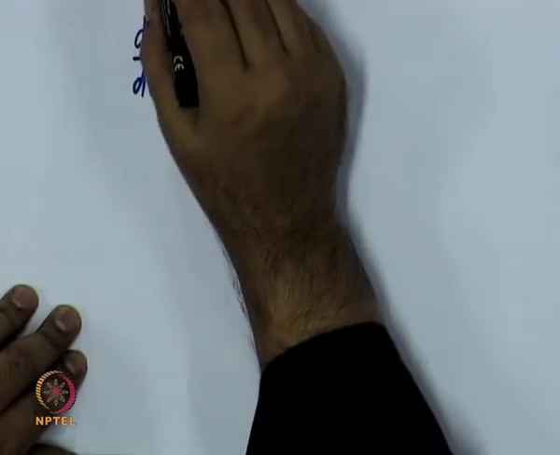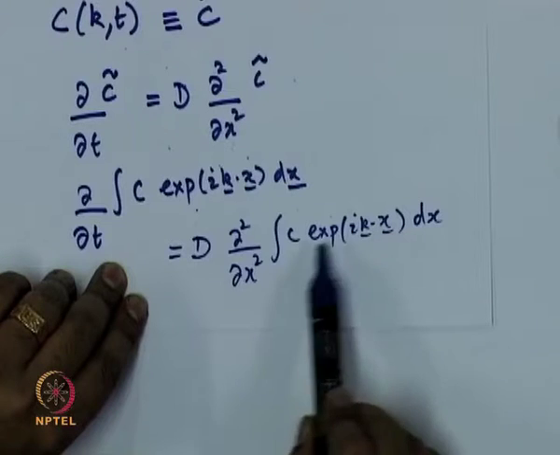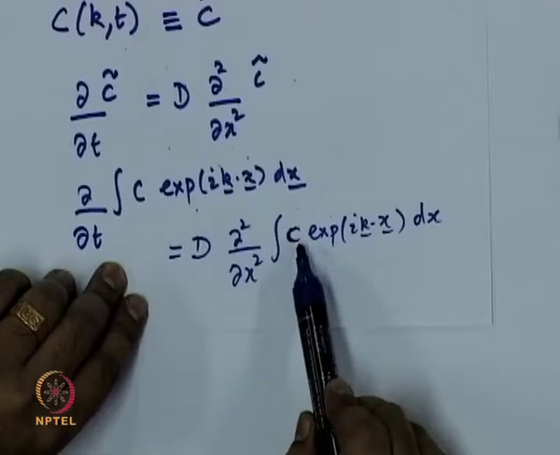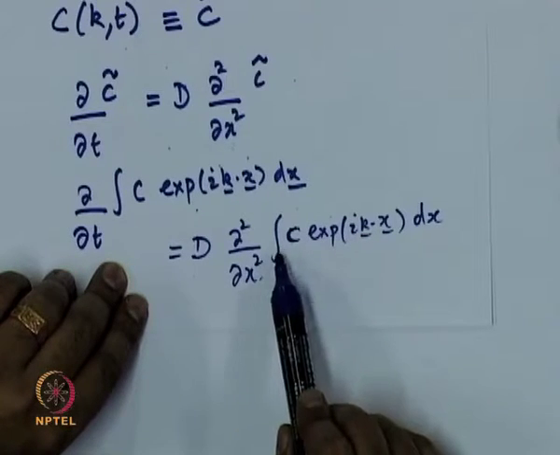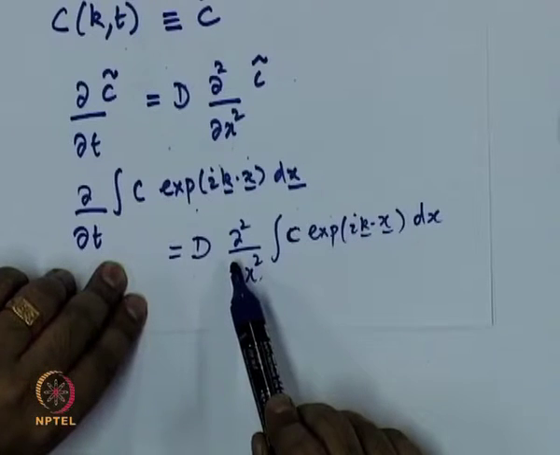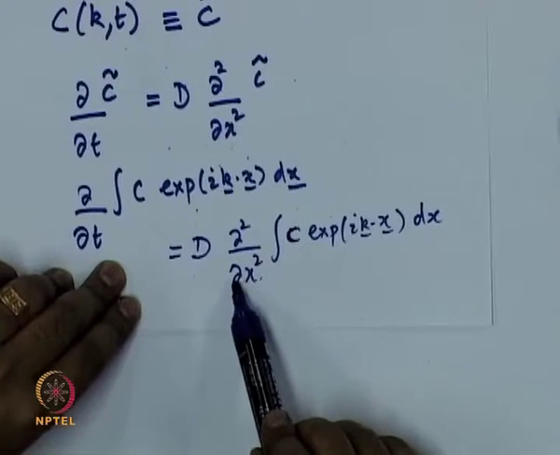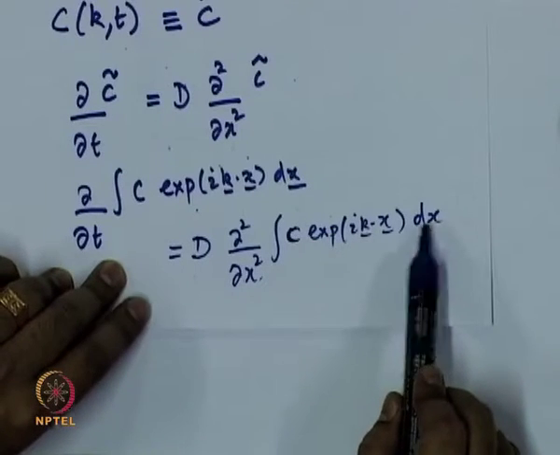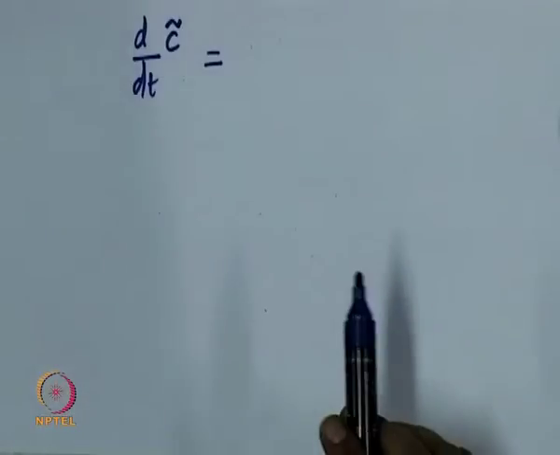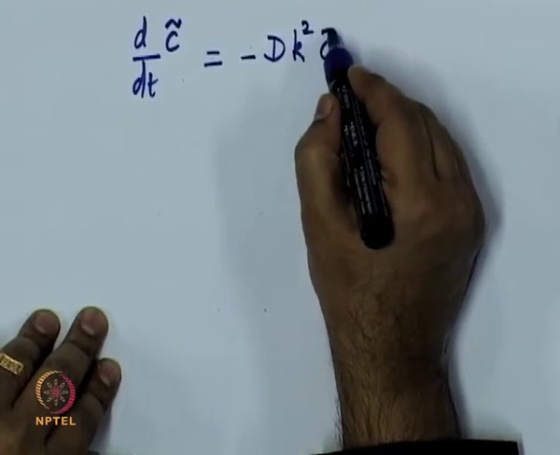is equal to, on the other hand, if you look at the right hand side, we see that ∂/∂x will act on this quantity, right, because these are like coefficients in the front. So one ∂/∂x is going to get an i k out, the other ∂/∂x is going to get another i k out. So you will have i squared k squared, that is minus k squared, when this acts, but after that it is going to leave the C exponential i k x dx the same. So that is going to be C tilde still. So you end up with this equation: minus D k squared C tilde.